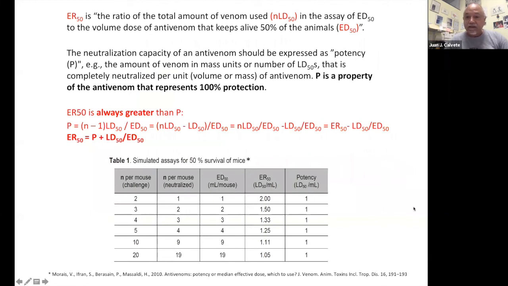Another thing that also needs to be changed is how to express the neutralization capacity of an antivenom. Usually this is expressed as an ED50, which is the milliliters of antivenom that is needed to neutralize a number of LD50s. However, what is needed is not related to the LD50, but to saving the whole population, not only half of it. So the potency, which takes